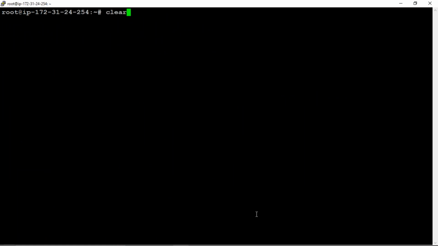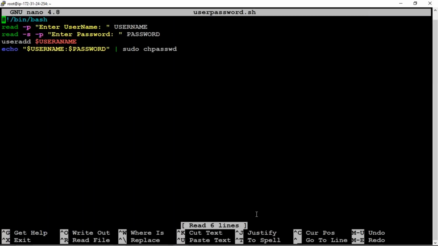So get back to the code again. nano user_password.sh. Now what is the error here?